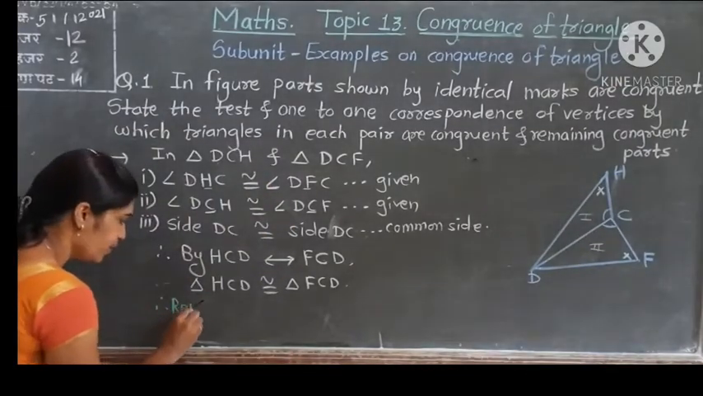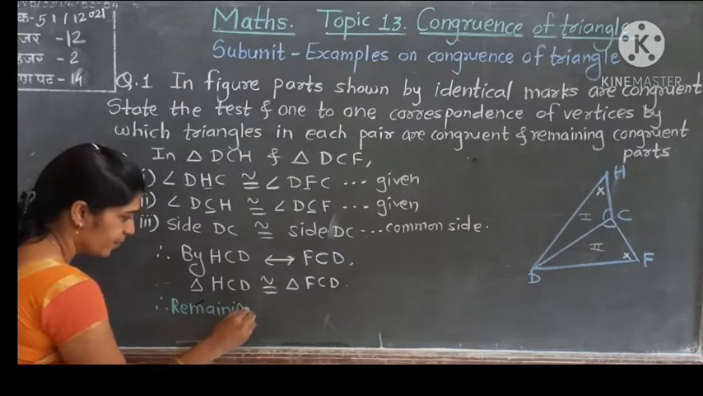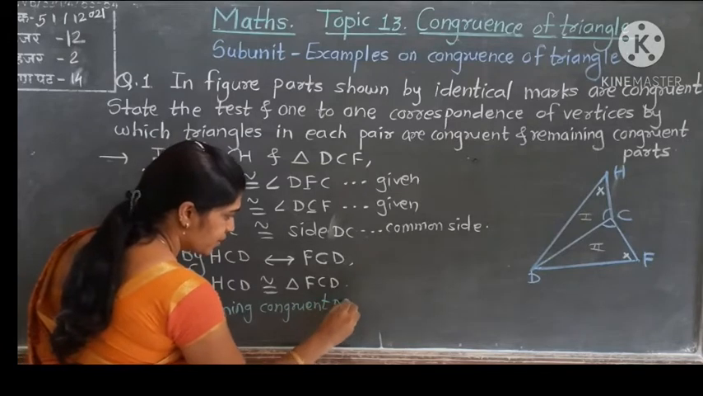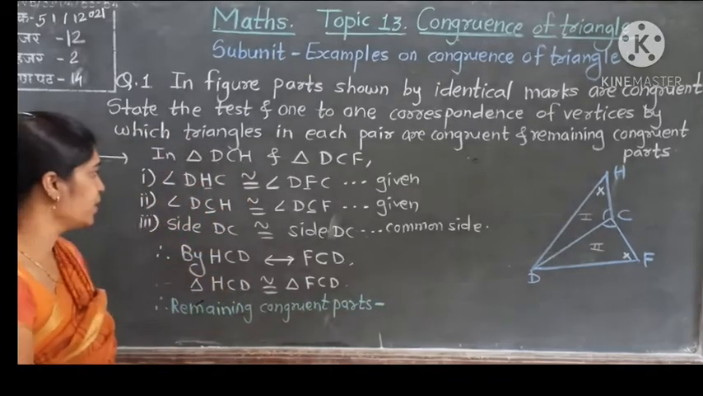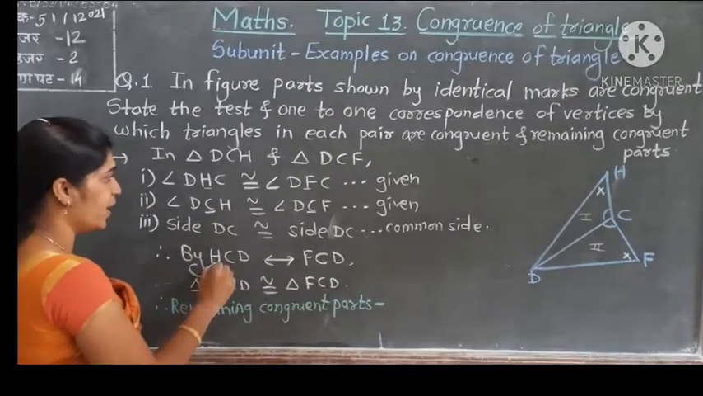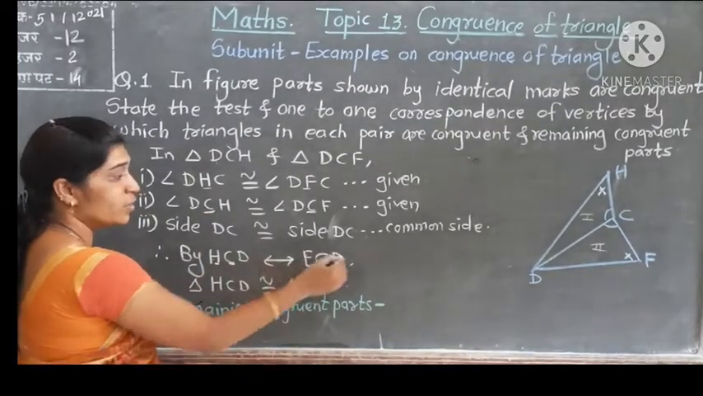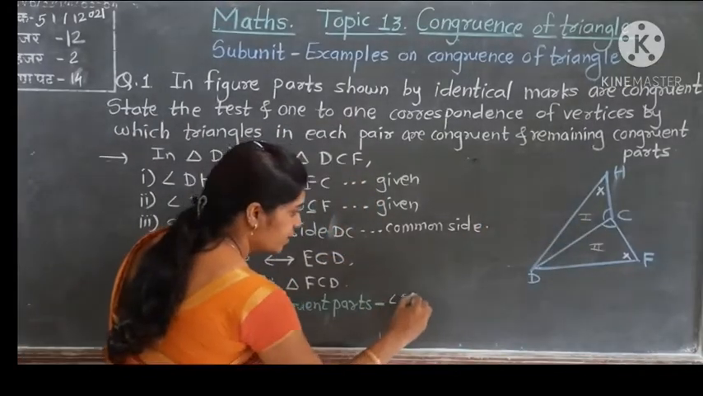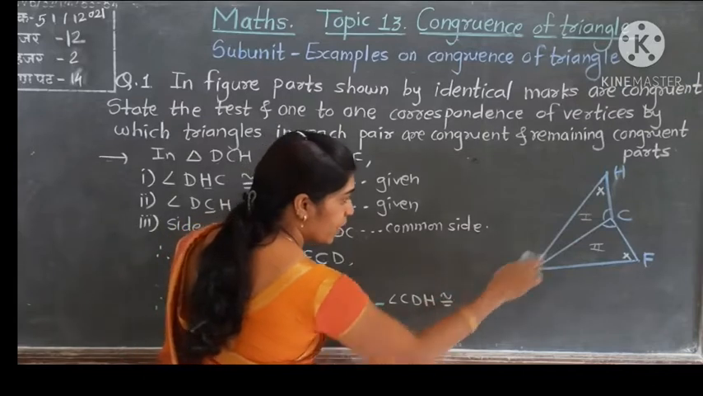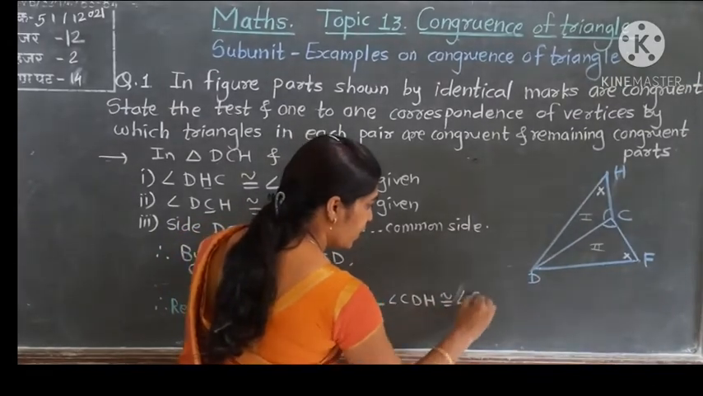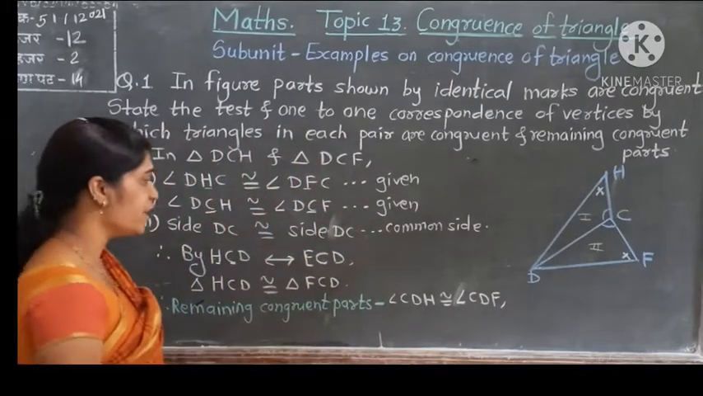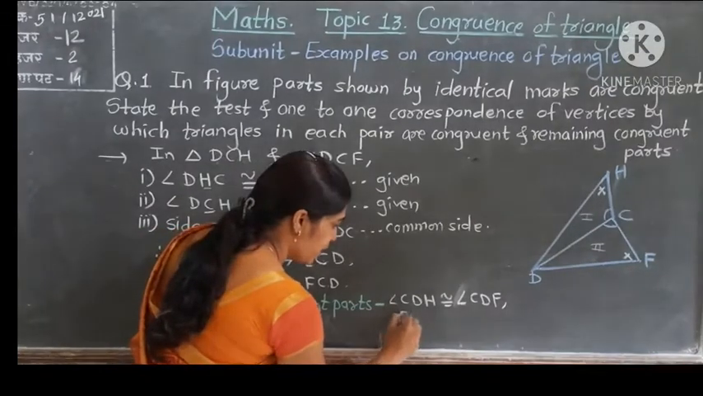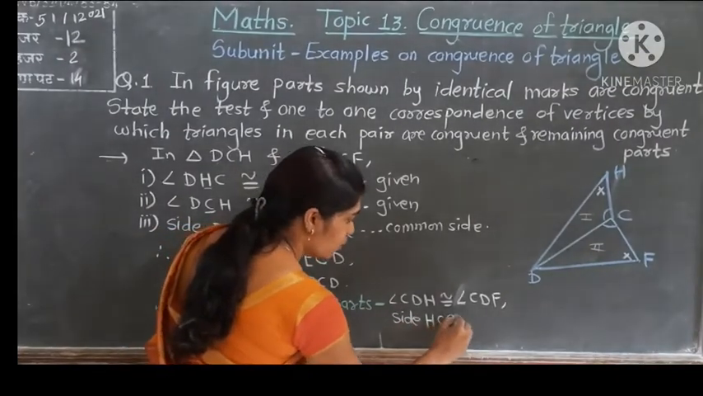Therefore, which are the remaining congruent parts here? Two angles are done. H and C are done. Which one remains? Angle D. Angle CDH is congruent to angle CDF. And which side remains? HC and FC. Side HC is congruent to side